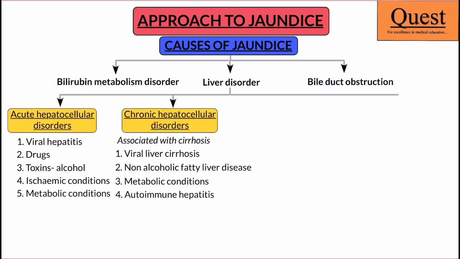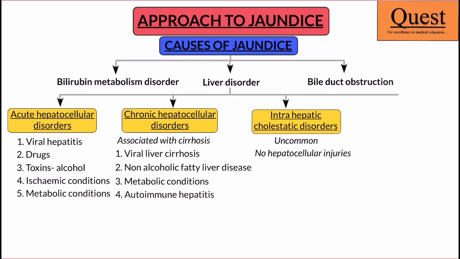A third, not so common but an important group to consider are intrahepatic cholestatic causes. These are conditions where we do not have really hepatocellular injury, neither is there a biliary obstruction, but there is still a decrease in the bile formation. Three broad categories here could be infiltrative disorders that disrupt the bile ductules. Commonest here are granulomatous disorders like tuberculosis and sarcoidosis.